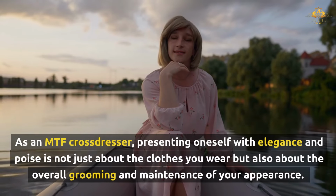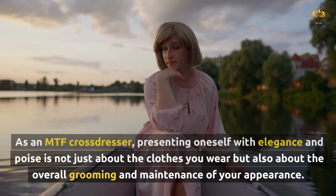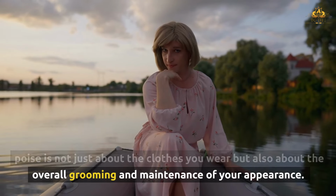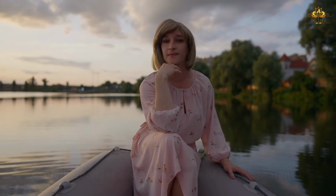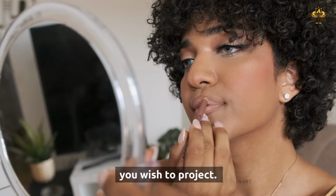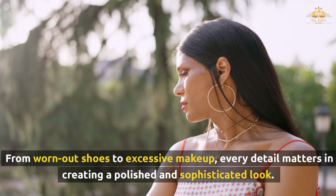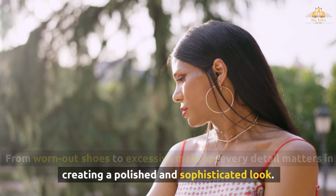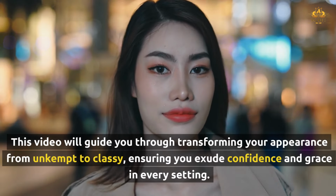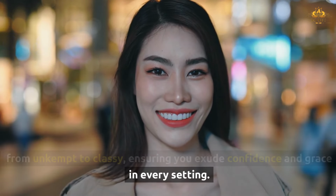As an MTF crossdresser, presenting oneself with elegance and poise is not just about the clothes you wear but also about the overall grooming and maintenance of your appearance. A scruffy or unkempt look can significantly detract from the image you wish to project. From worn-out shoes to excessive makeup, every detail matters in creating a polished and sophisticated look. This video will guide you through transforming your appearance from unkempt to classy, ensuring you exude confidence and grace in